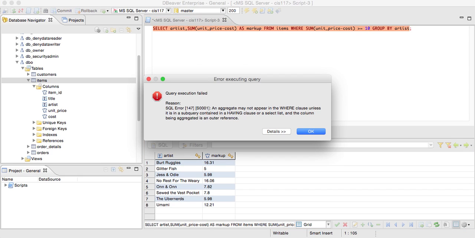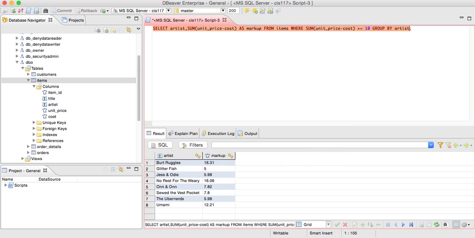But oops, query execution failed. Reason: an aggregate may not appear in the where clause unless it is in a subquery contained in a having clause or a select list, and the column being aggregated is an outer reference. So basically this is just a bunch of stuff saying that you can't put this equation into the where clause with the group by. So to get around this, a